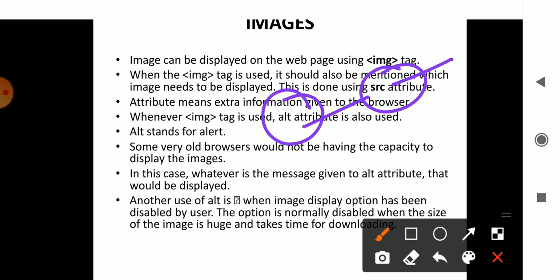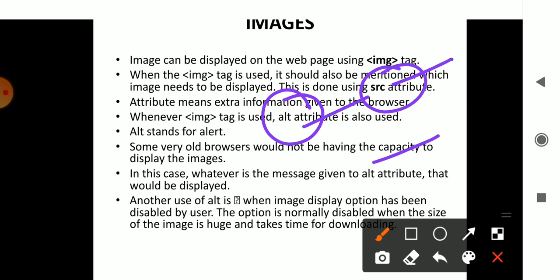In this images concept, you should know that if the image is valid, then only it will be displayed on the screen, otherwise it will not be displayed. Or even if you are using a very old browser, it will not display the image on the screen. If the image is supported by the newer browsers which are being used nowadays, then only it will display the various images. If it is an older one, it may display sometimes, but not regularly. It will not display the images if it is not supported by the browser.